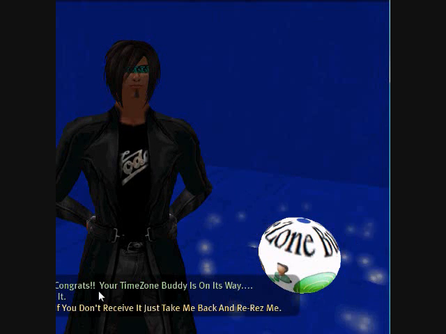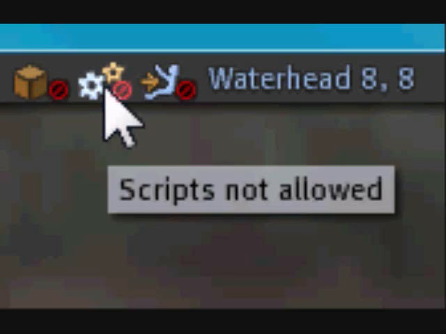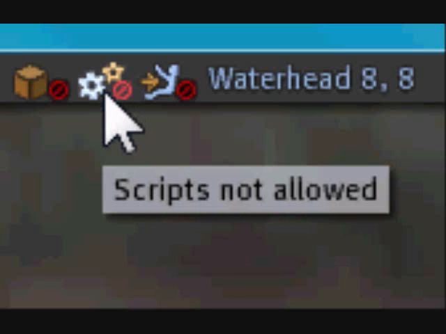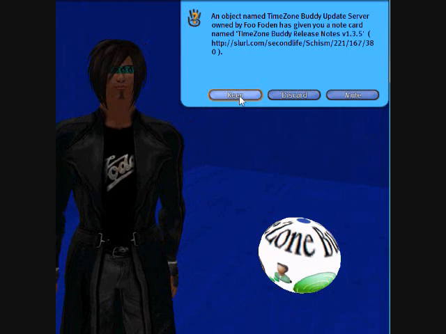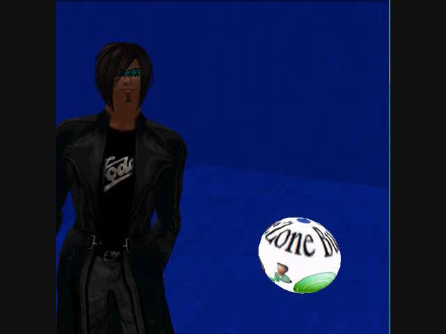Okay, when we do that, it's going to rez. Doesn't take very long, you should get it. There it is, just a few moments. If you do not get it, make sure you are not in a script restricted zone. Keep these. And what we're going to do now, go ahead and retrieve it, and I'll be with you in